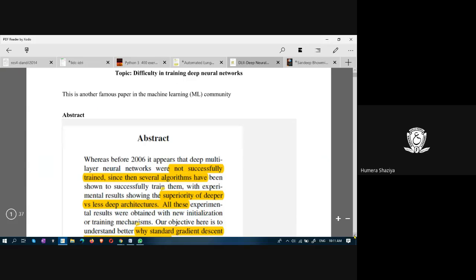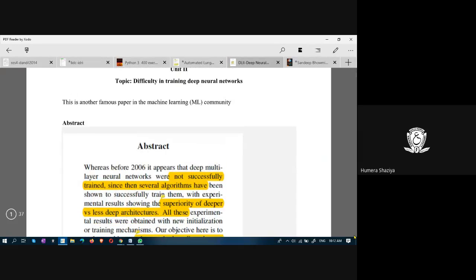Today we would be discussing this topic about the difficulty in training deep neural networks, followed by other topics, which are gradient, greedy pretraining. In this file, I'll be sharing in the classroom. What happens in this is that